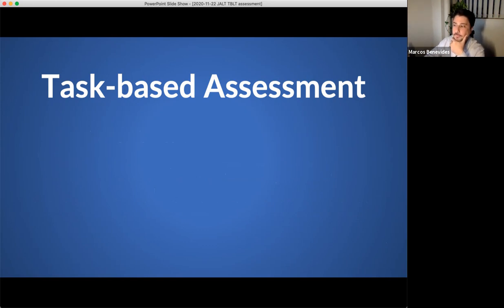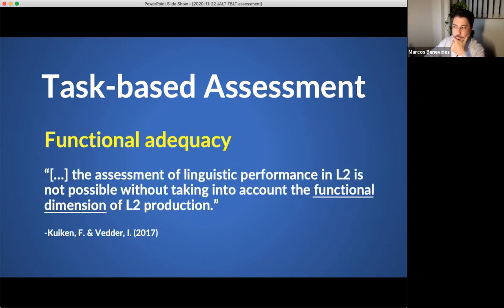Well, there are a few things that you can focus on. I'd like you to focus, first of all, on this idea of functional adequacy. This was introduced by Kuiken and Vedder in 2017 in a paper focusing on writing especially, but the concept applies to task-based learning.